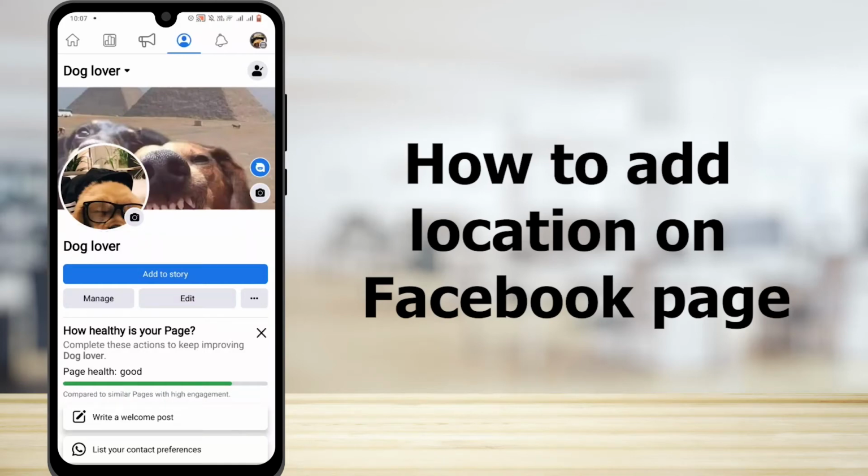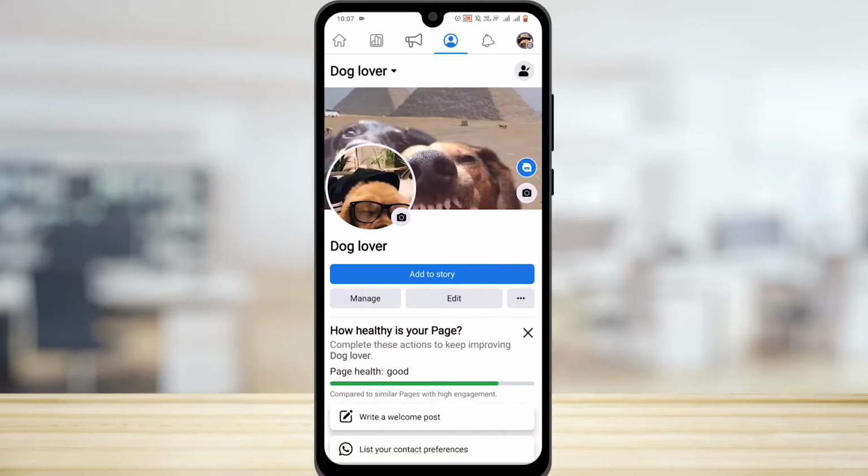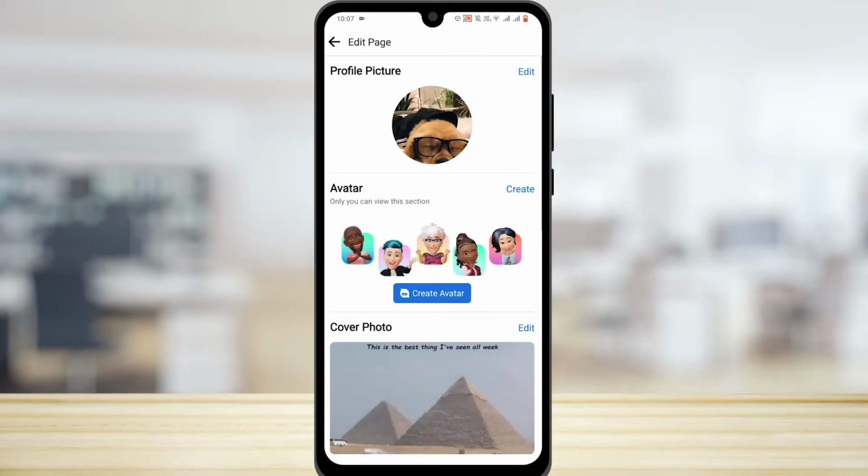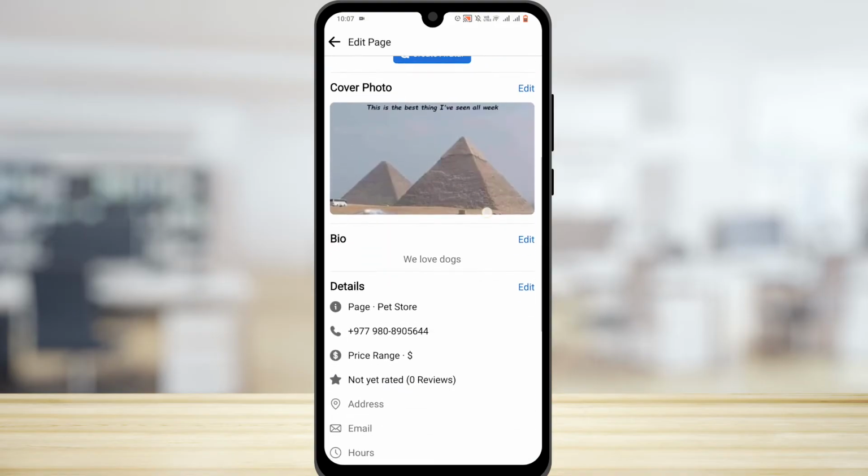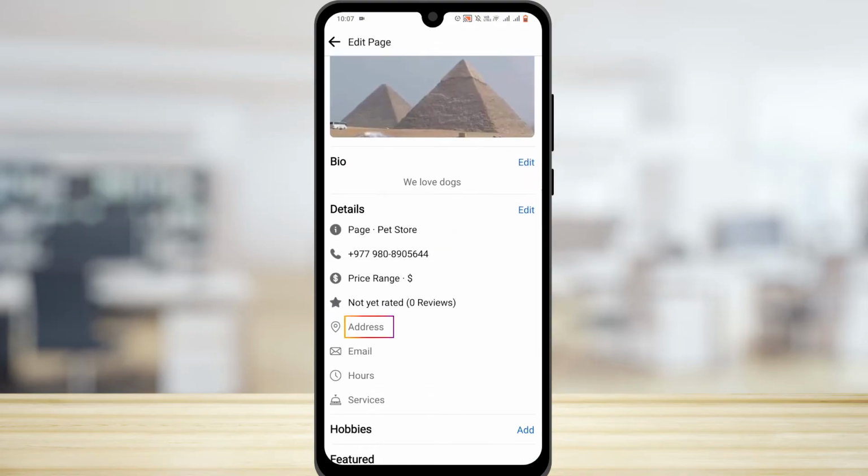How to add location on Facebook page. It's very simple. Make sure you have switched to a Facebook page here and go to the profile. From here, tap on the edit option here and scroll down, and on the details you will find the address